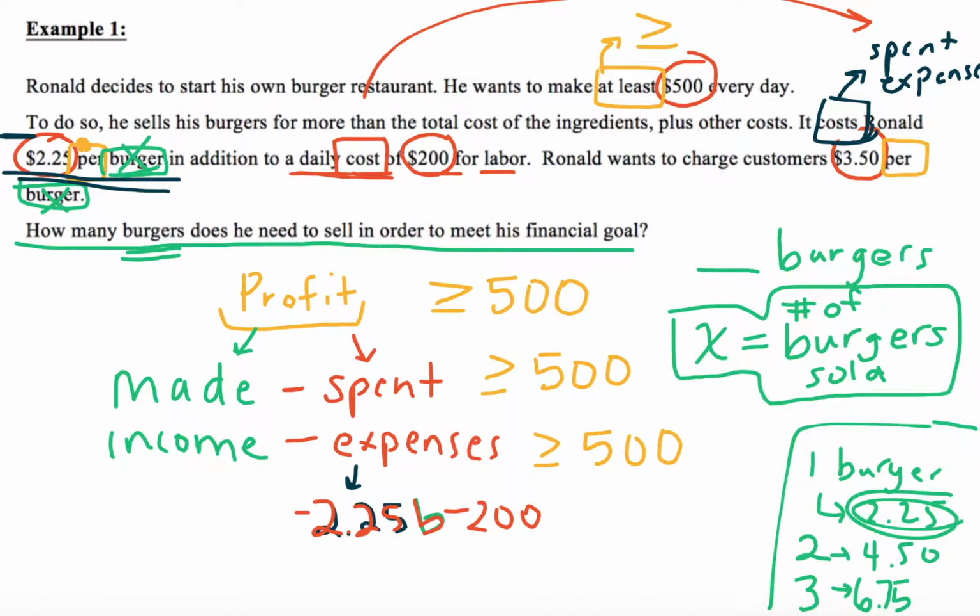Now, of course, this is a business. He's hoping to make money, so he also has some income as well. He wants to charge customers $3.50 per burger. How can we write an expression for $3.50 per burger? Again, because we have that action word per, which tells us to multiply, it's going to be $3.50